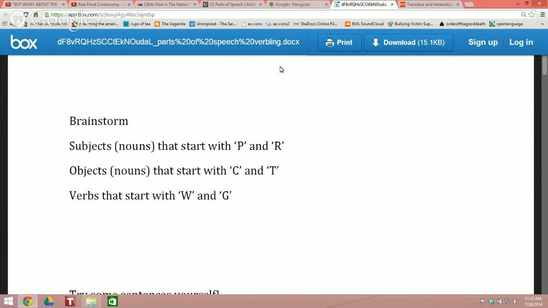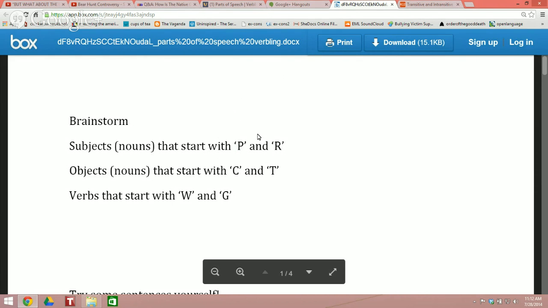Okay, so the simple definition for a noun is a person, place, or thing. A noun can be any of those, a person, a place, or a thing. And it can even be more than that sometimes. It can be abstract, like love. Love can be considered a noun sometimes, but it's also a verb in other contexts. But the simple definition for a noun is a person, place, or thing. And Adela started us off with Paul and Ruth, which are great nouns because they're people.